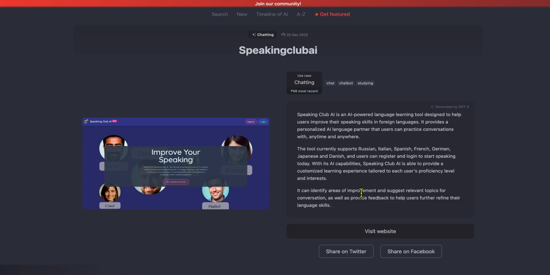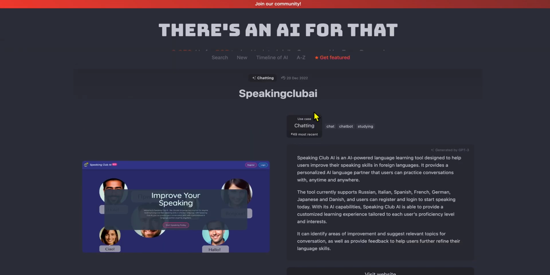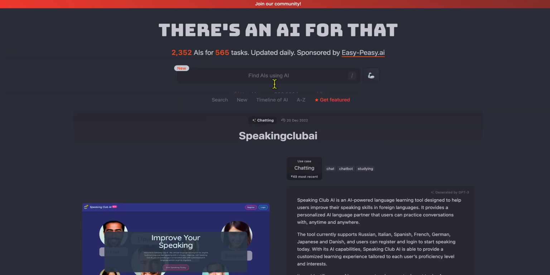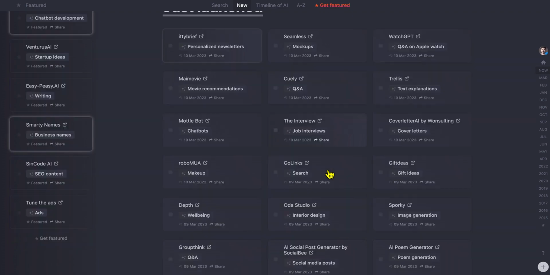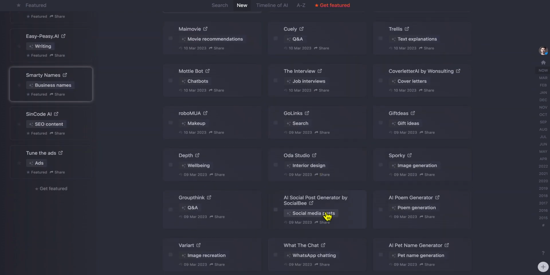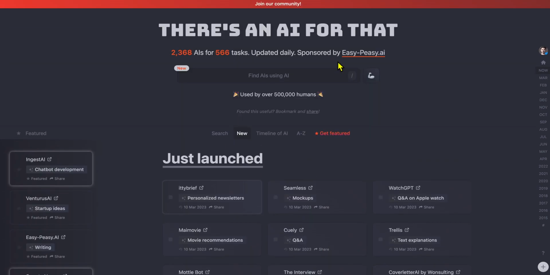It might just be text-based, but a place to start speaking and practicing a language. And of course, you can search and find different AIs to do different things depending on what you want in terms of need. So there's obviously pretty much an AI for most things in terms of possible uses that might be helpful.